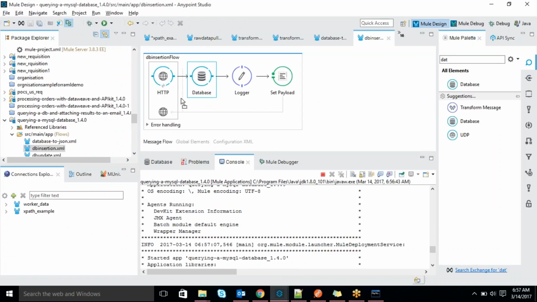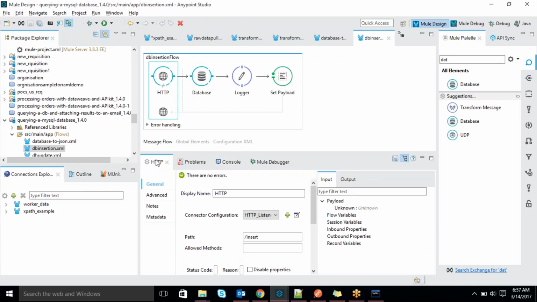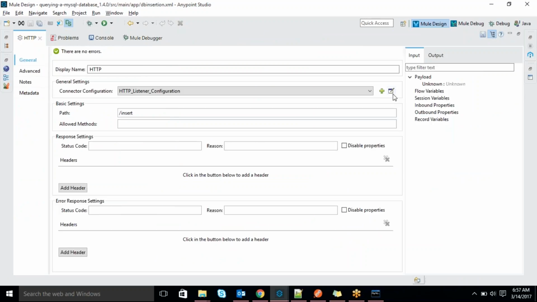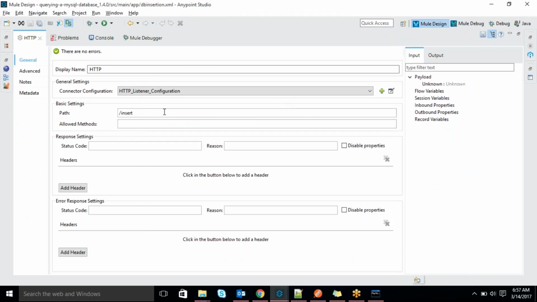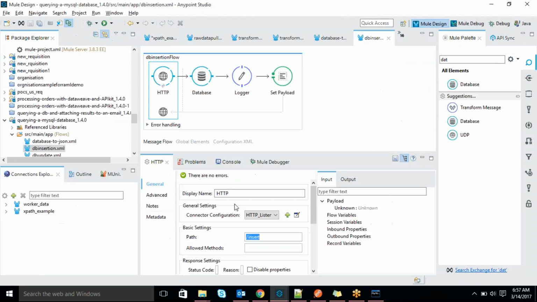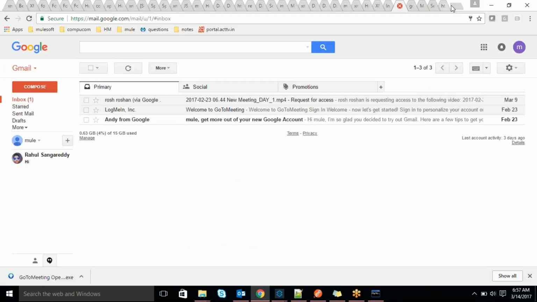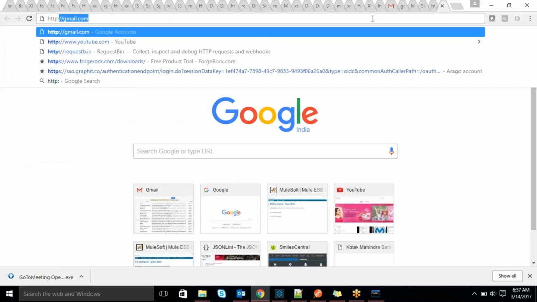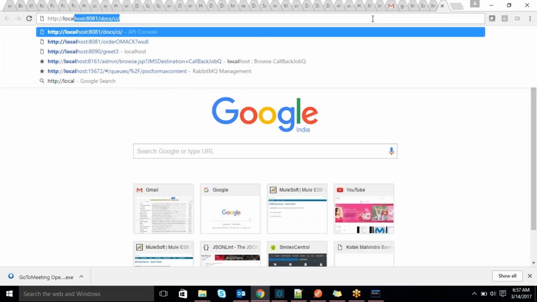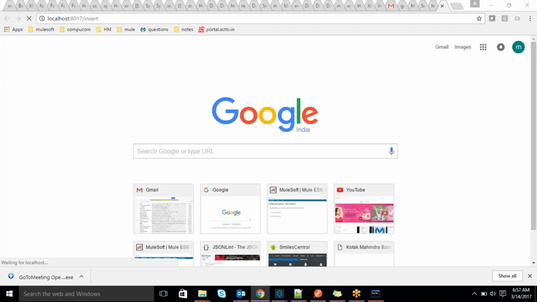So let's try to run that application. The URL we have to enter into the browser: http localhost 8017 followed by insert.